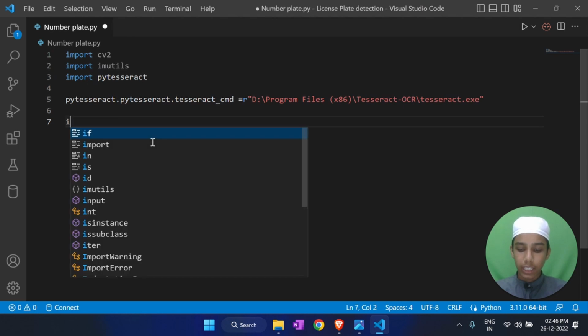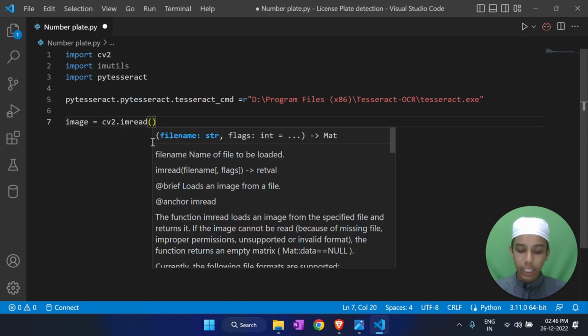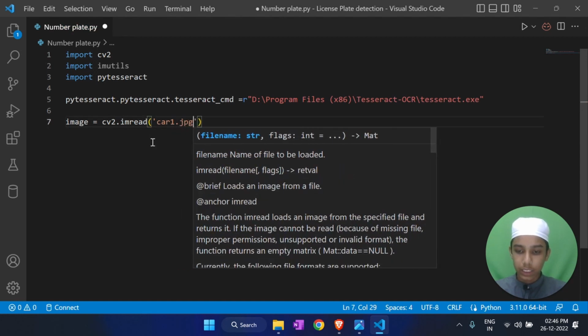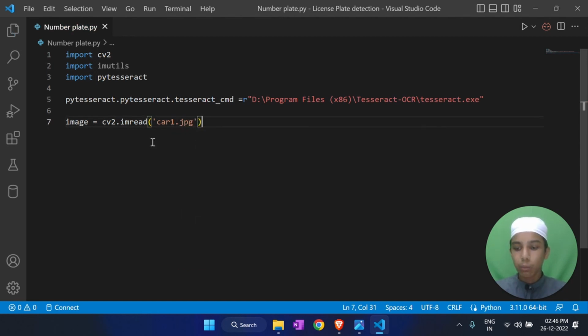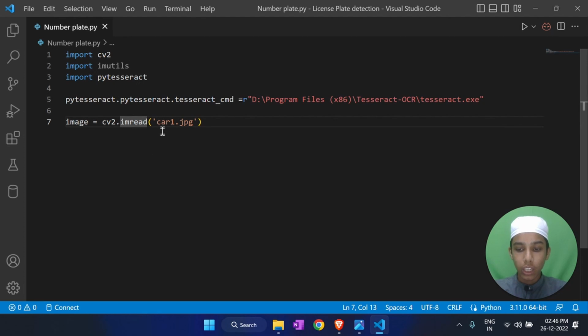Now let's do that one. Let's create a variable, and it's going to be equal to image dot cv, sorry, image equal to cv2 dot imread, and then in the brackets I'm going to give car1 dot jpg. So we have the image equal to cv2, and we are importing here the opencv, and imread means we are reading this one, and then we are calling this image car1.jpg, so we are reading this file, this image,